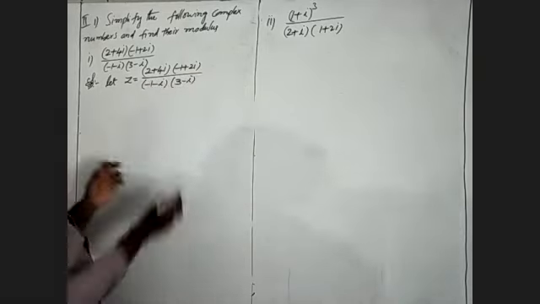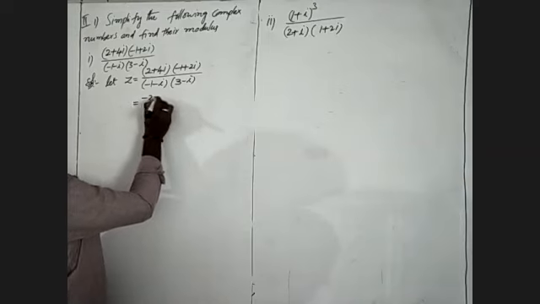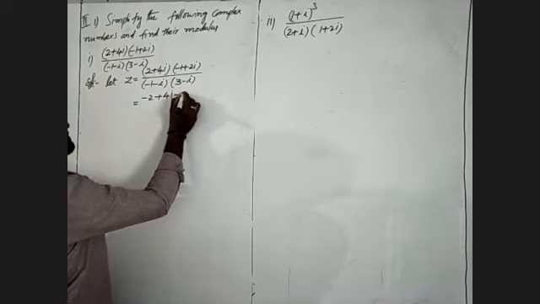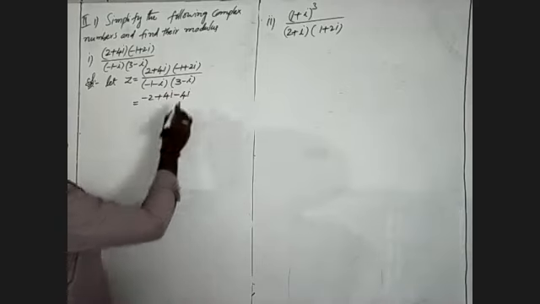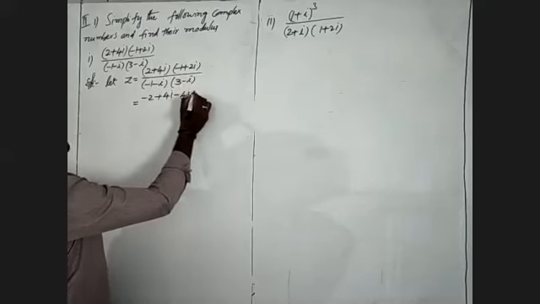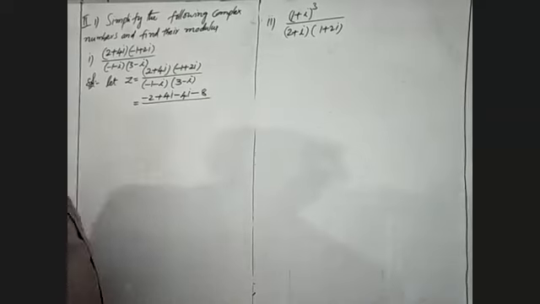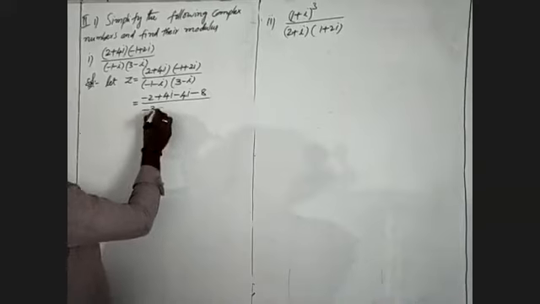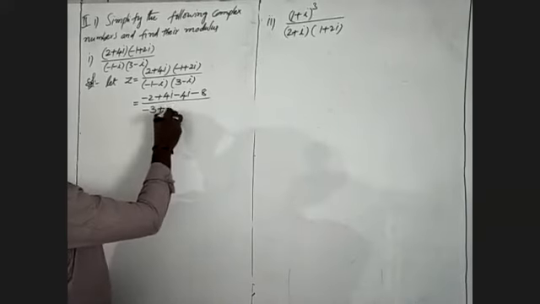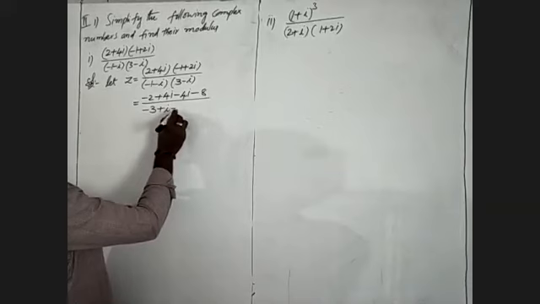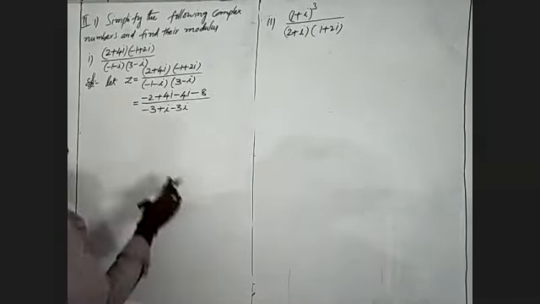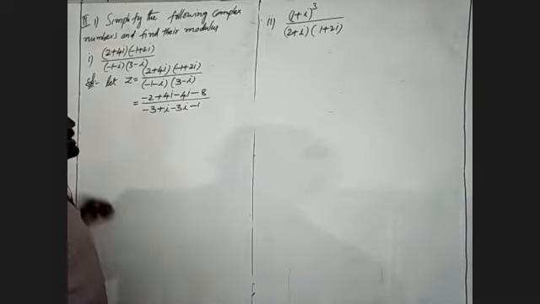First we multiply the numerator. I will write minus 2, plus 2 into 2i is 4i, plus minus into minus, 4i into 1 is 4i. 2 fours are 8i into i becomes i square. i square is minus 1, so I will write minus 8 by the denominator. Plus minus minus 1 into 3 is 3. Minus into minus becomes plus, 1 into i is i. Minus into minus plus 3 into i is 3i. Minus into minus plus i into i will become i square, that I will write minus 1.